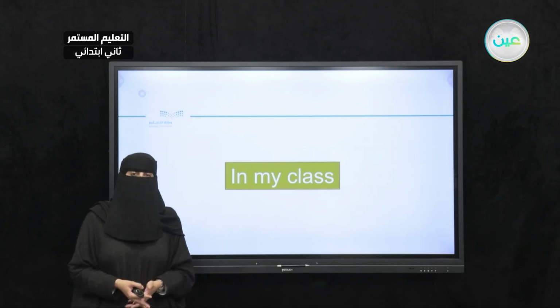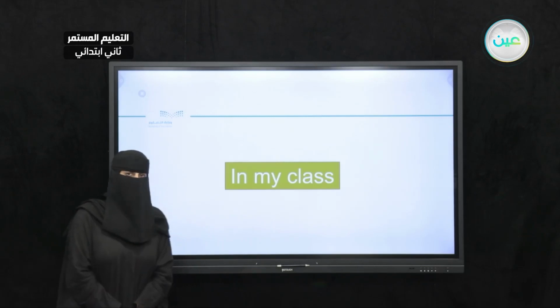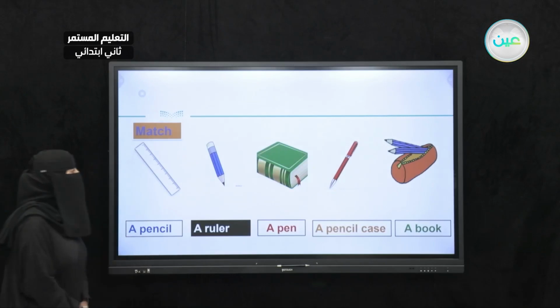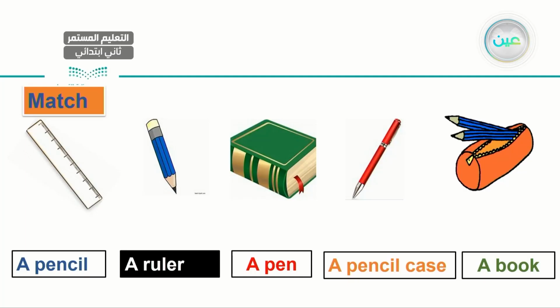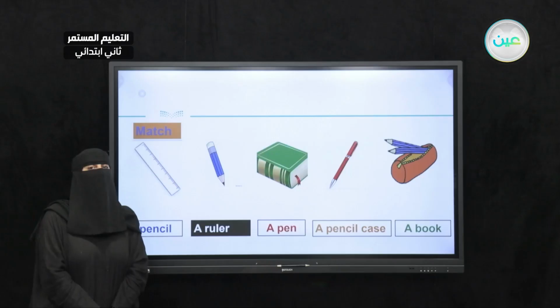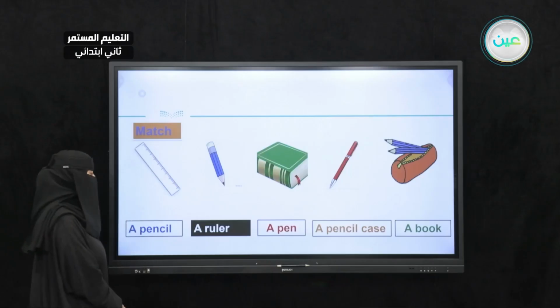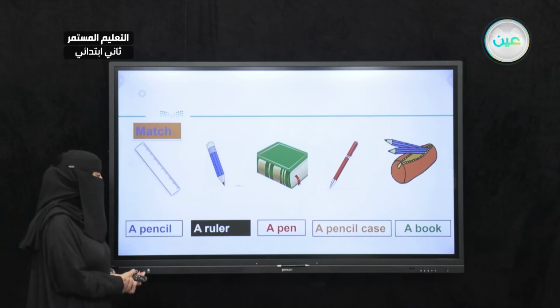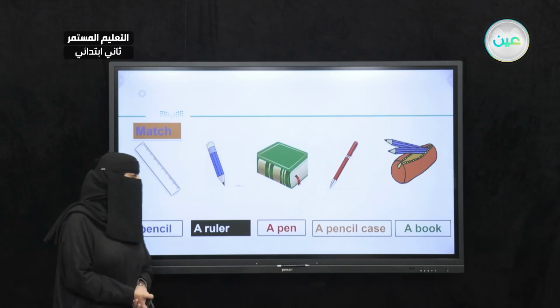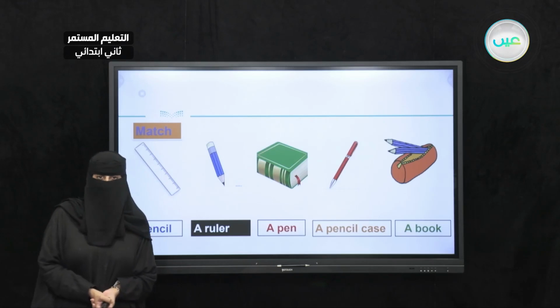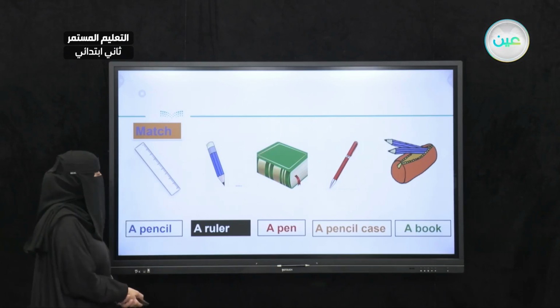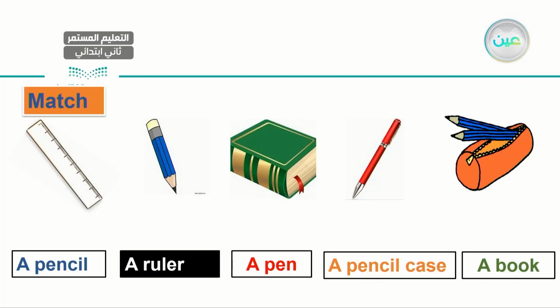Now it's time to revise items in my class. Now I need your help. You can see pictures and below I can see the words. Let's go ahead and match the name with the picture. Let's read the names first. I have a pencil, a ruler, a pen, a pencil case, and a book. Let's start with the first picture. What is it? It is